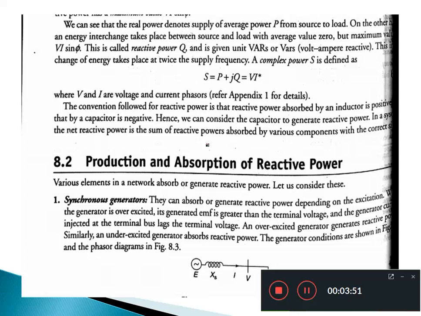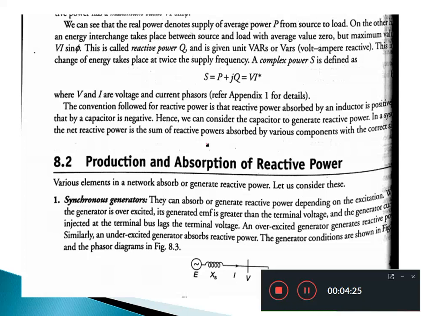If there is an exchange of power between the load and the source, or from the generator to the load, then there exists an exchange of reactive power. The synchronous generator operates under three different conditions: over excitation, under excitation and normal excitation. During normal excitation of the system, the terminal voltage is equal to the supply voltage. During over excitation, the terminal voltage is greater than the supply voltage. During under excitation, it absorbs the reactive power.